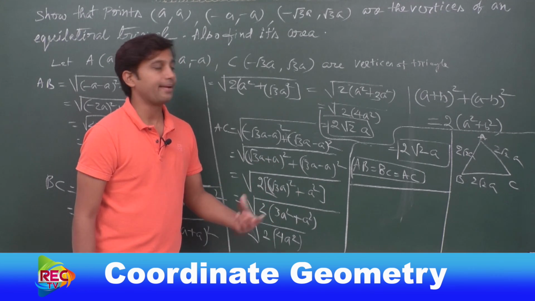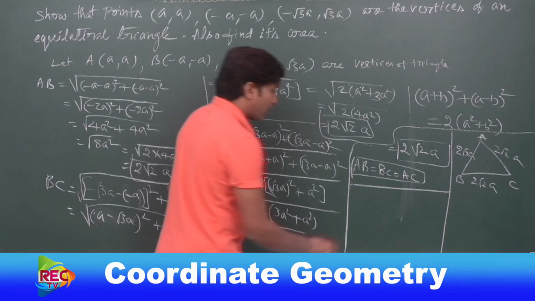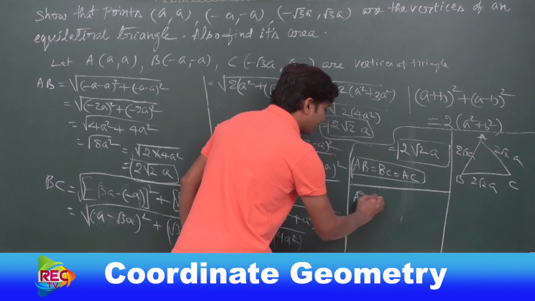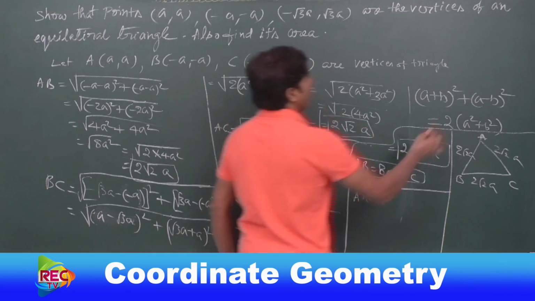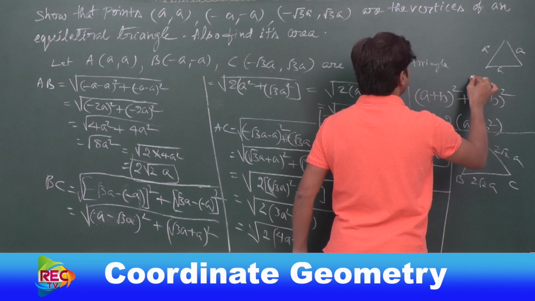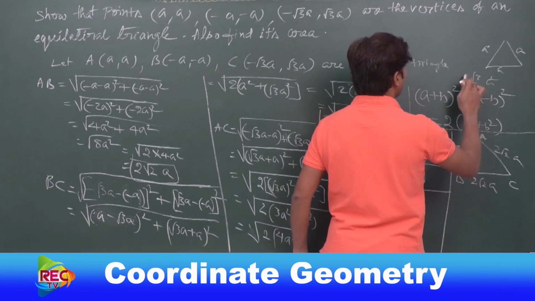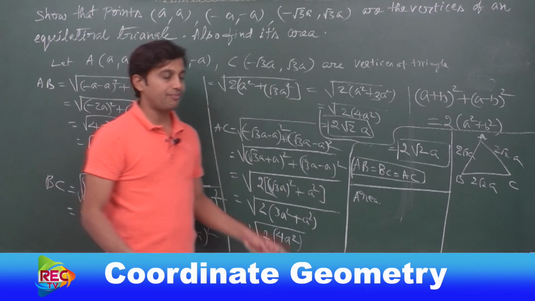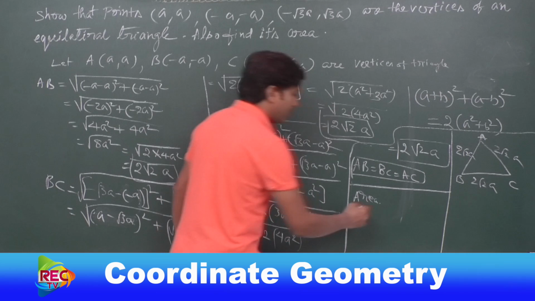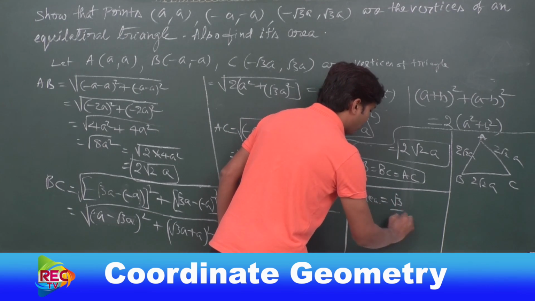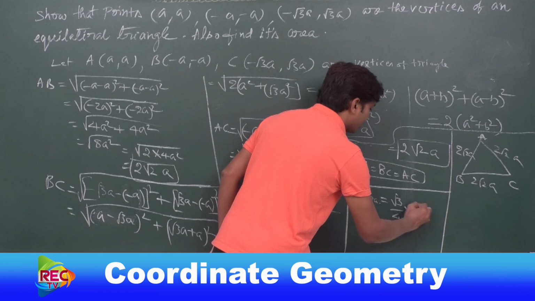2 root 2A. So now what is the formula for finding the area of an equilateral triangle? What is the formula to find out the area of an equilateral triangle where the side is A? Then root 3 by 4 into A square, meaning root 3 by 4 into side square, right? From the mensuration part of 9th standard we find it like this. Area of an equilateral triangle would be root 3 by 4 of side square.